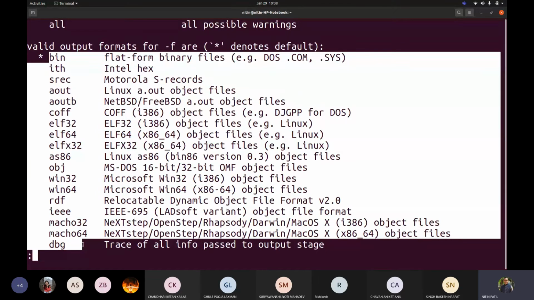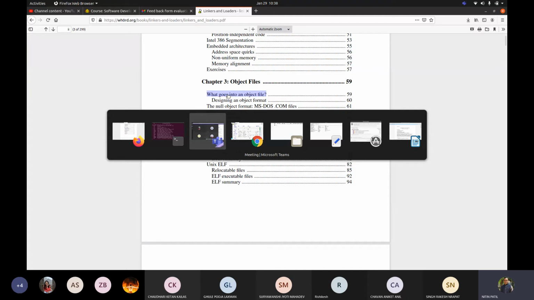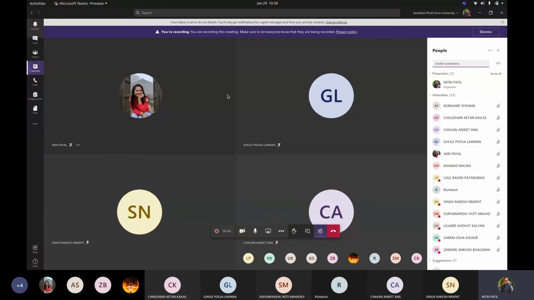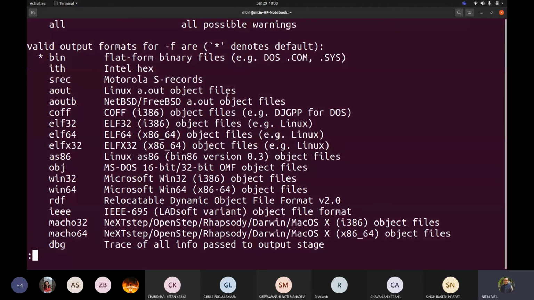Each of these things, I mean, what exactly they contain, whatever is explained in the book: what goes into an object file and what that file format may contain. Prepare a document. Each one of you can take one, no need to work with a team, but mention your file type in the WhatsApp group created for this course. Whoever responds first in the group gets the file format they choose. You can check this and post it right now in your NASM group so that you can address these things.